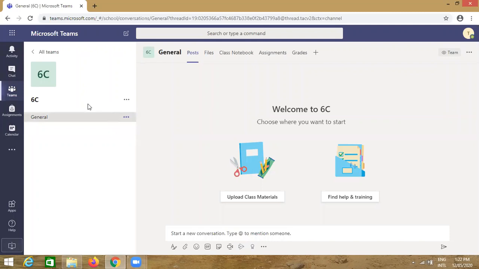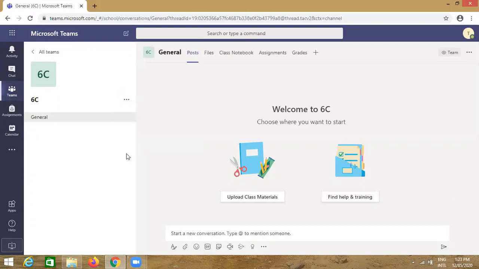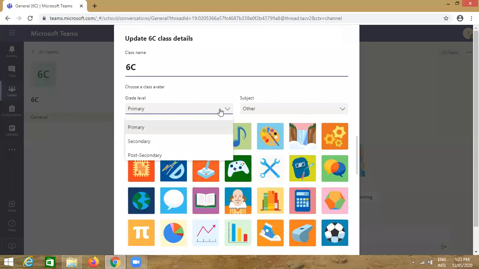I have just discarded. Again, we will try to add it. Change here.